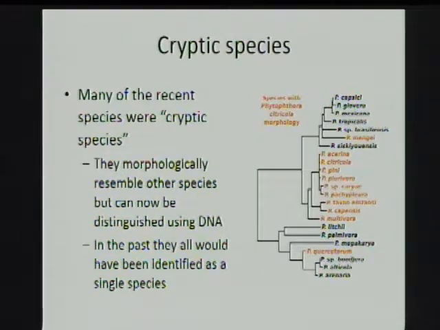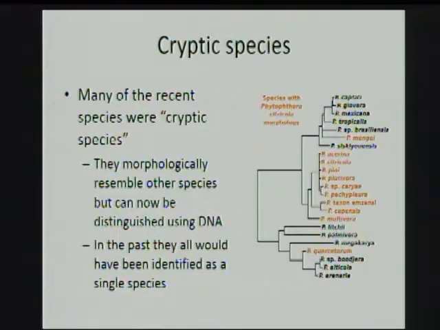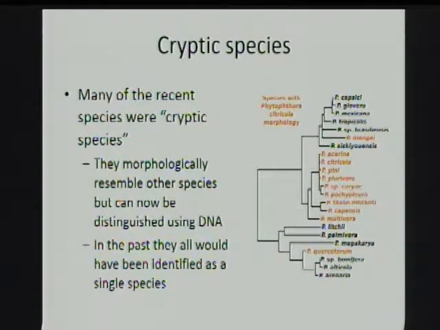And that's something that didn't happen as widely until some of these diseases like sudden oak death. But one of the other reasons is this concept of cryptic species. So we had definitions of species based on how things look. Now that we have other tools, we can see that actually what looked to us like one species is actually multiple things. And if we go backwards in time, they all would have been identified as the old species.